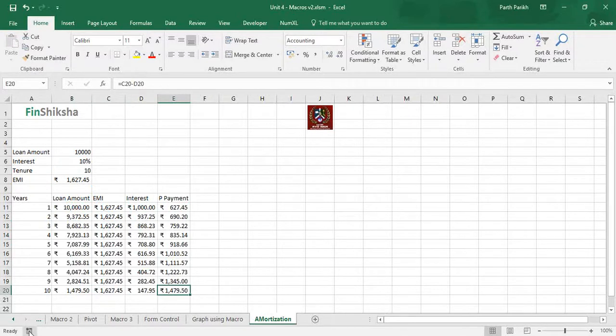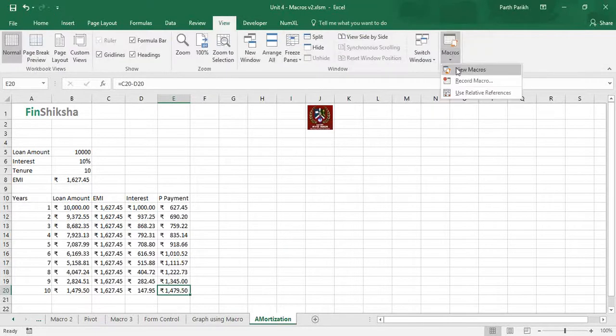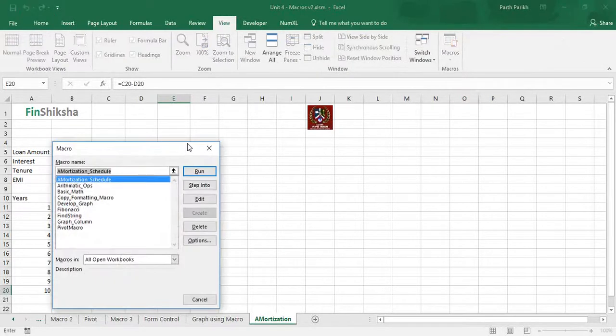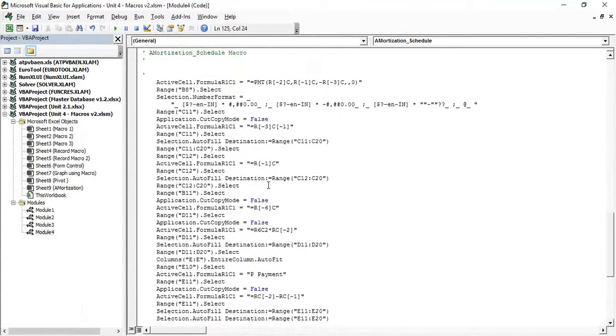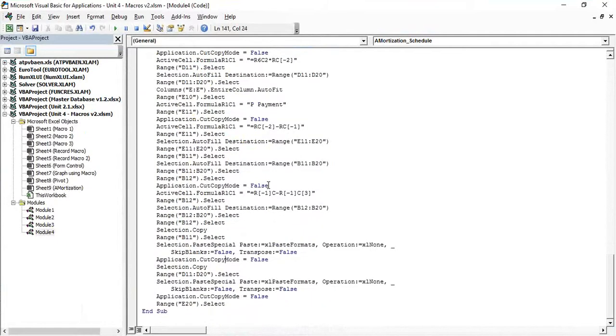Now let's see what macro has recorded. You go to View, you click on Macros, you click on View Macros. First, Amortization Schedule, you click on Edit. Now there will be a lot of things because we've done a lot of things over here.